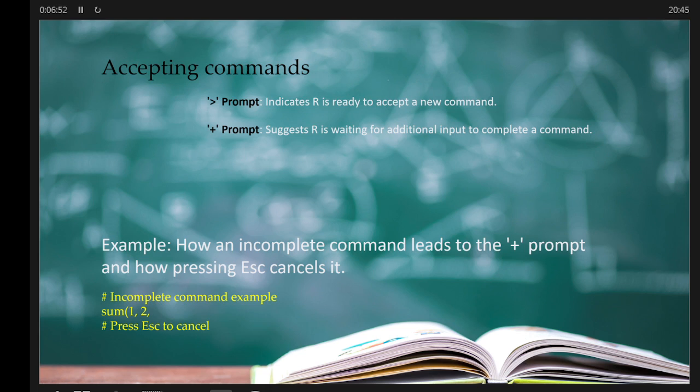Next, let's understand how R communicates with us through its command prompts. When R displays a greater than prompt, it indicates readiness to accept a new command. If you see a plus prompt, it means R is awaiting additional input to complete a command. It's crucial to know that you can cancel commands by pressing the ESC key, especially useful when dealing with